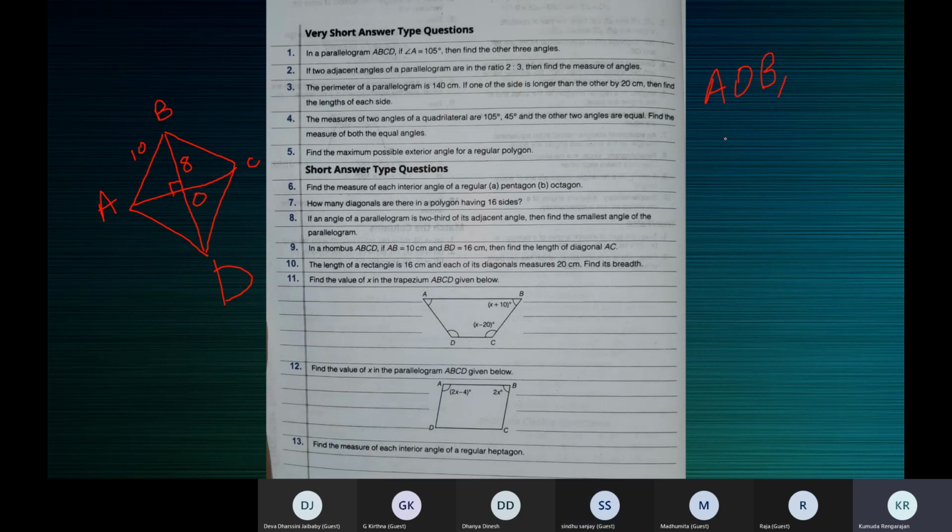No. That's why you did not get the answer. Which is the hypotenuse? Which is the side opposite of the right angle? Ma'am, AB. OB square plus OA square is equal to AB square. Yeah, Sindhu and Sanjay, that's where you've gone wrong. The side opposite of the right angle is the hypotenuse. You must write that separately, AB squared separately. Square it and write it separately always. Then find the sum of the squares of the remaining two sides, OA square plus OB square.